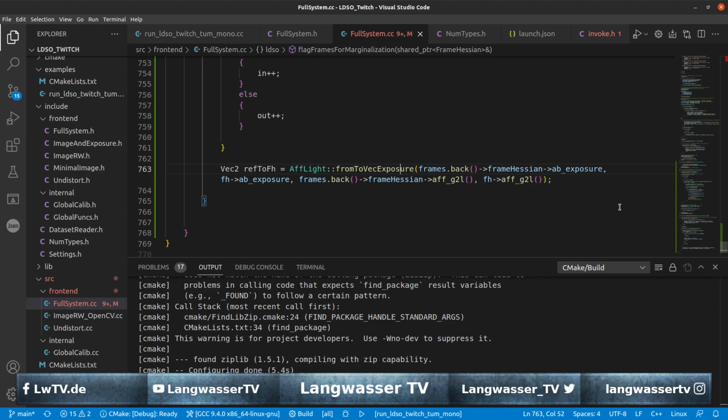So what this means is probably we take the value from the last element in our frames list. We take this AB exposure and move it to our current frame. So we do that with the AB exposure values, and we do the same with the affine G2L parameters. And this will be stored in a 2D vector,